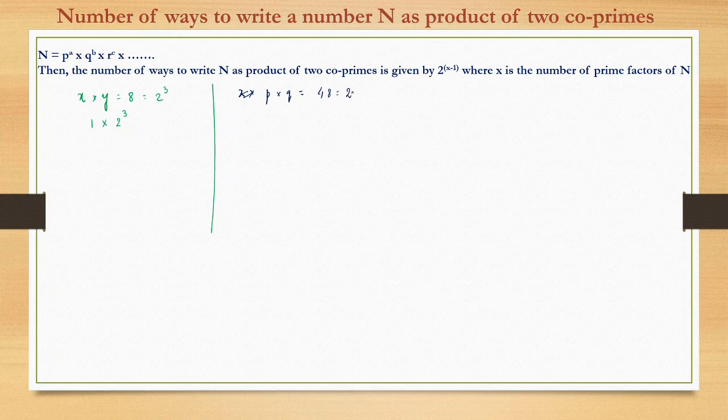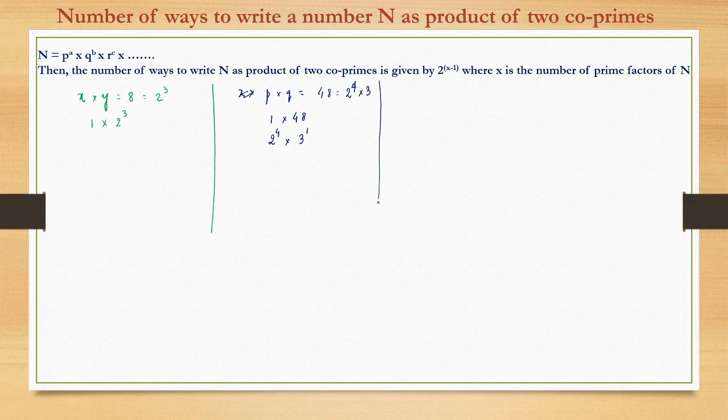So this is nothing but 2 raised to power 4 into 3, right? So this we can write as either 1 into 48, or we can write as 2^4 into 3. Basically we have to distribute the two prime factors. We have two prime factors here, 2 and 3. And automatically, for the multiplication to be the same as the number, the index will be the same as here only. So 2 raised to power 4 and 3 raised to power 1. These are the only two ways possible, right?